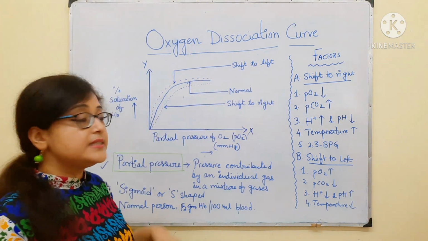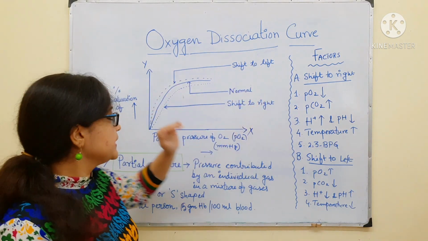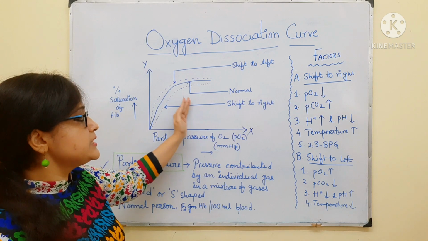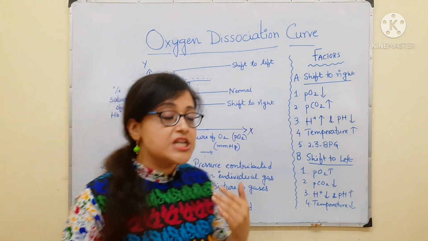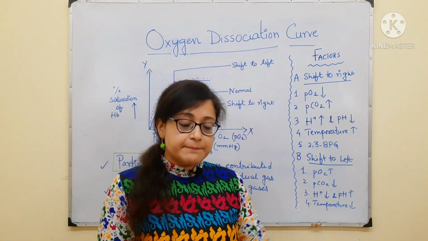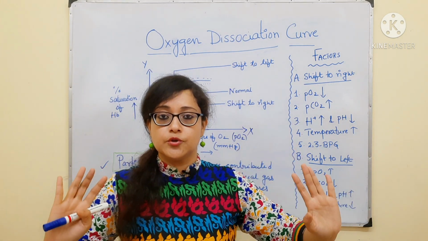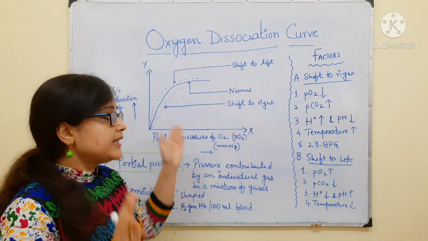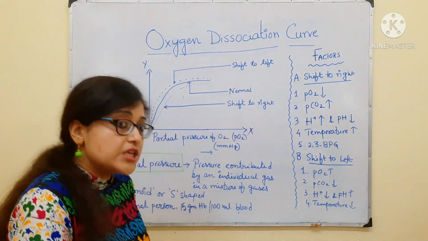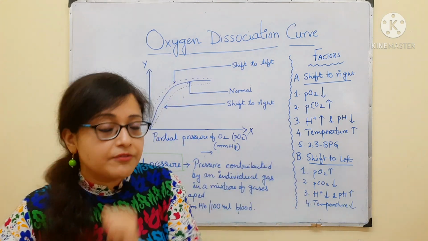Now, what is meant by these two words? Shift to right, shift to left means? Shift to right means when dissociation of oxygen from hemoglobin is facilitated. That means once it reaches the tissue, oxygen has to dissociate from the hemoglobin. Now, the factors that will promote this dissociation, that means the factors which will shift the curve to the right, are